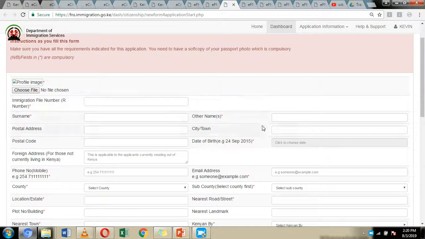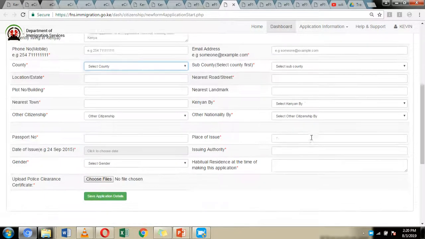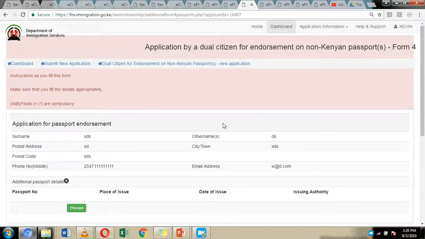From where you don't have any details, just fill in not applicable. Fill in the required documents: date of birth, phone number, country, the county in Kenya which you used to live or which you're living in if you are applying from Kenya, and your passport details. And after that, just please upload a copy of the police clearance certificate. So make sure you have a copy, or you have acquired a police clearance certificate or certificate of good conduct. After that, just click save application details, and by clicking that, you'll be directed to the next page, which you'll